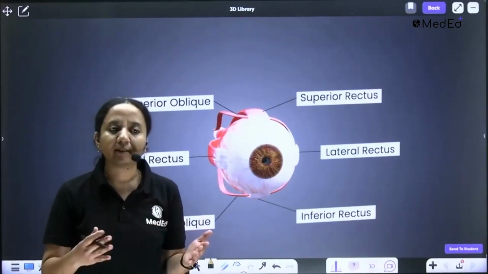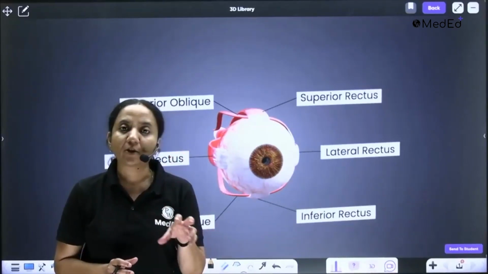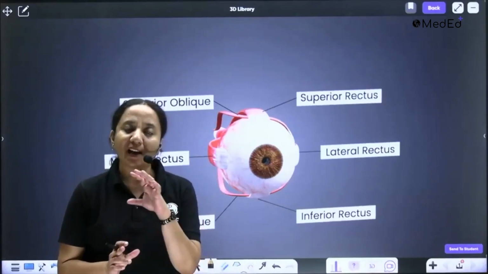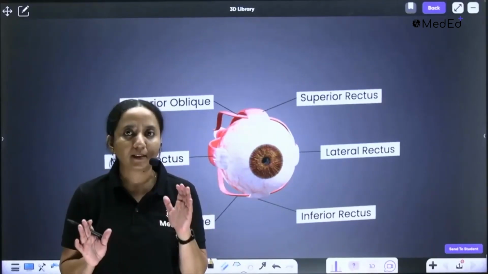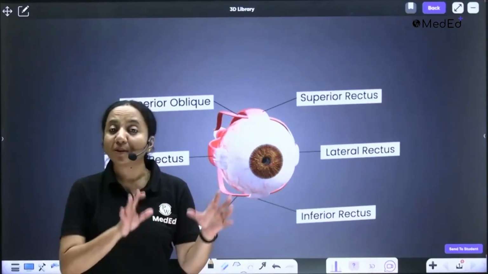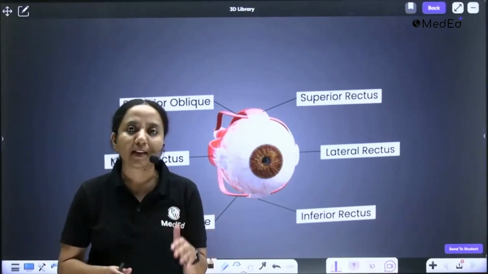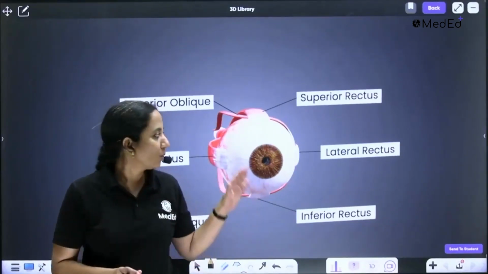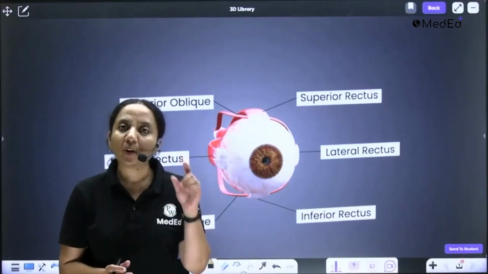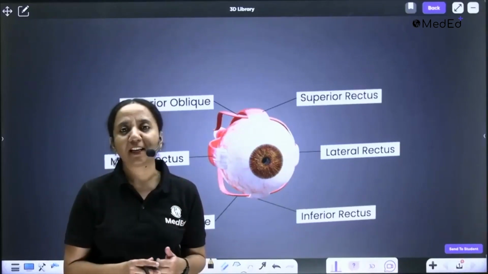Now for further studying about the muscles of the orbit, do refer to the section under strabismus. So under strabismus, there is a section where I have discussed the extraocular muscles in detail along with their functions. So this video was meant to just give you an orientation, because students often get confused as to how exactly the muscles are located. So this will help you understand that. For the rest of the learning, do refer to the lecture on extraocular muscles under the section strabismus.